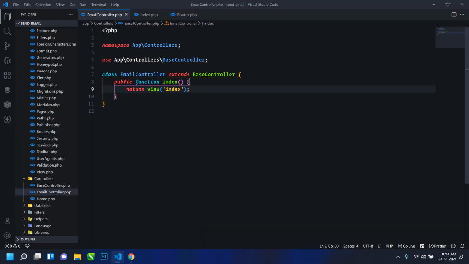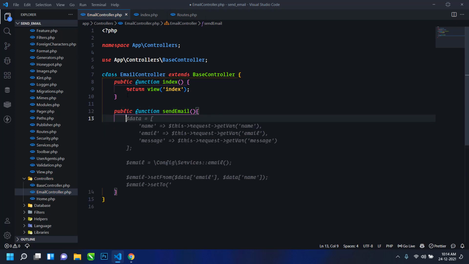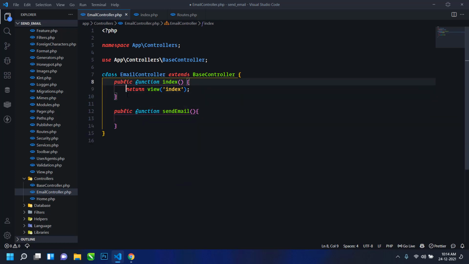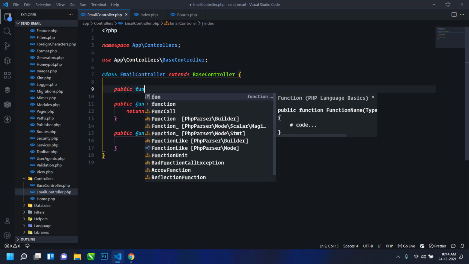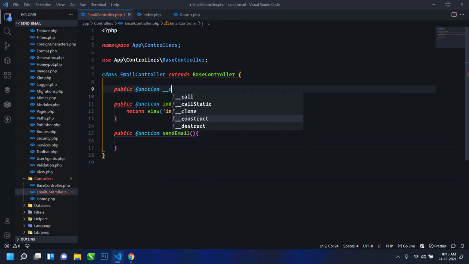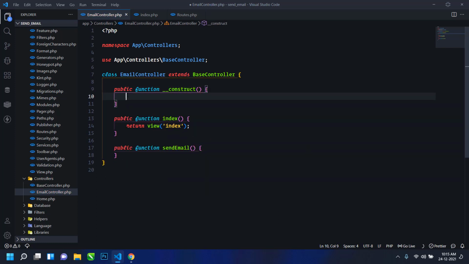So just go to the email controller, and here just use public function, and this is the method. Here we will define the sendEmail method, and first we will validate the form. But before validating, here at the top I will define the constructor method, public function __construct. Inside this construct method I will use the helper form, and then url, form and url. Okay, now next here in sendEmail, first I will validate.